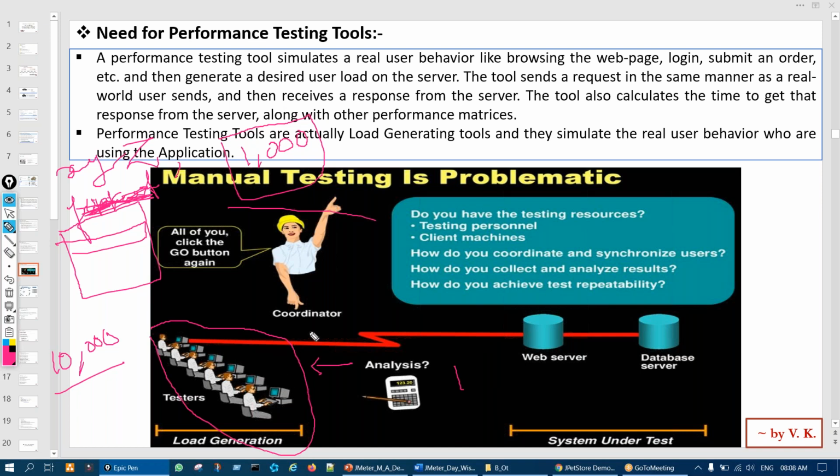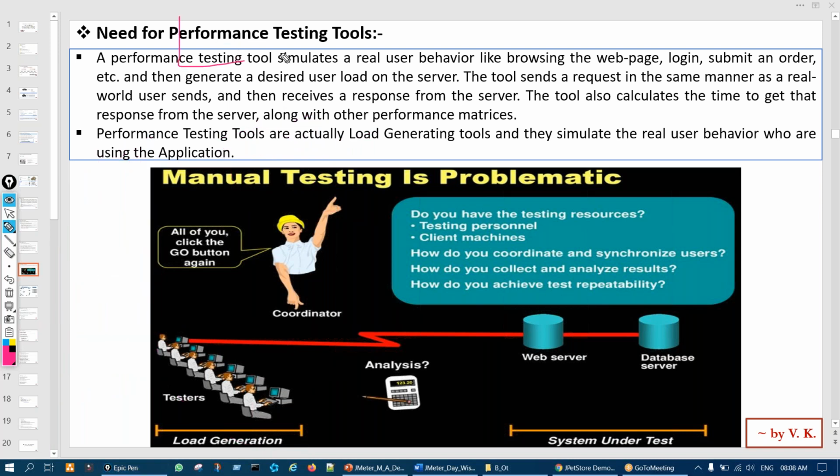But this is not a realistic approach, right? Who will bring 1000 systems? Or let us say today I have to test for 1000, and tomorrow or after some days I have to test for 10,000 users. Do I bring 10,000 systems and 10,000 people? No, it's not realistic, it's not possible. So that's why we bring in tools, performance testing tools. Now it's the same thing as manual testing and automation testing. In manual testing, we test the functionality of the application manually, and we write the test cases in Excel. We write our results.